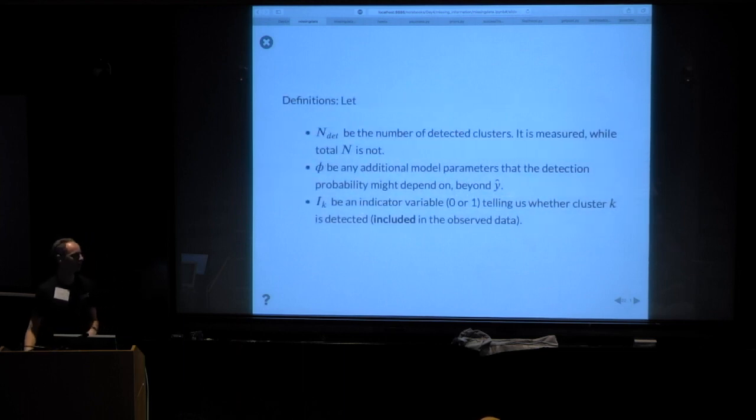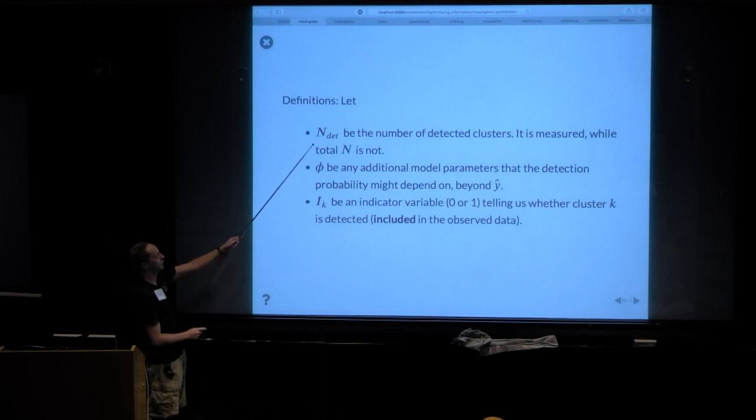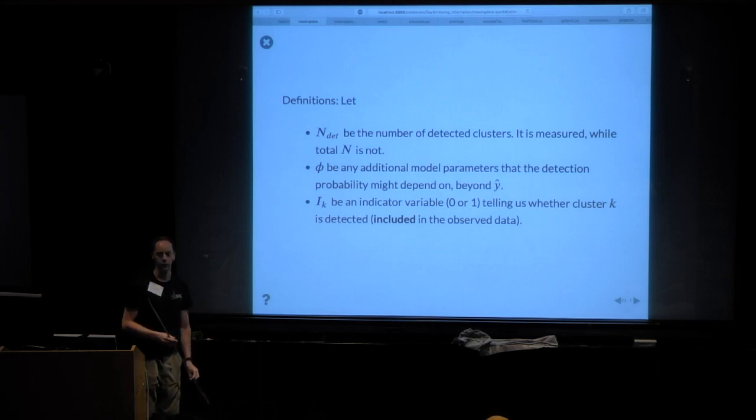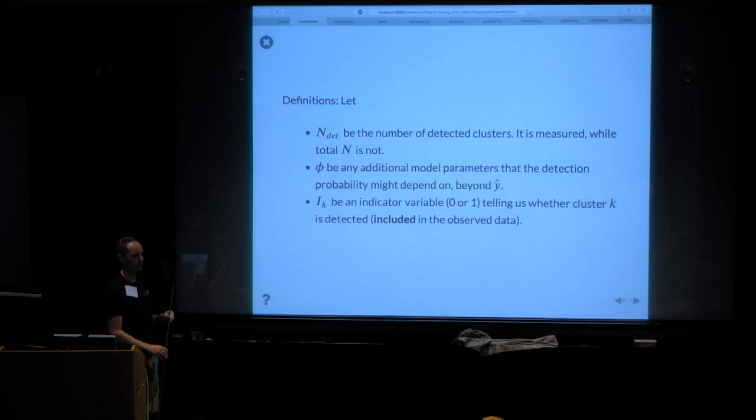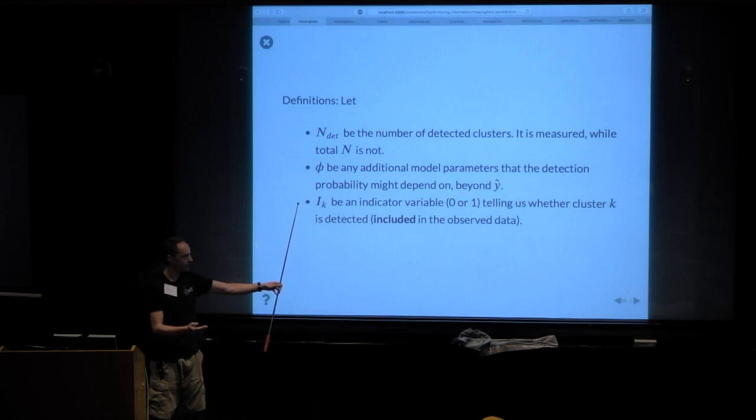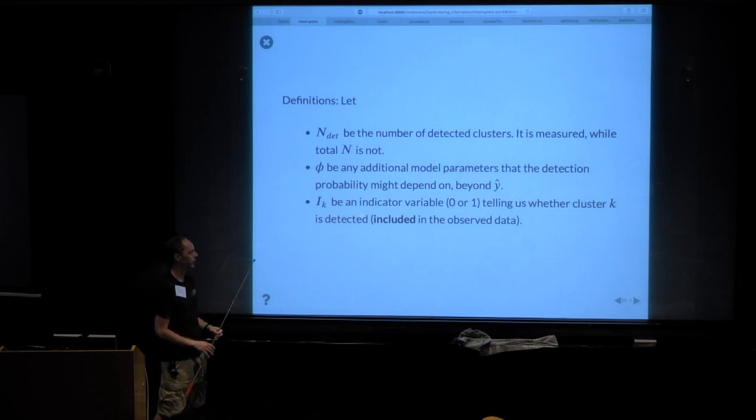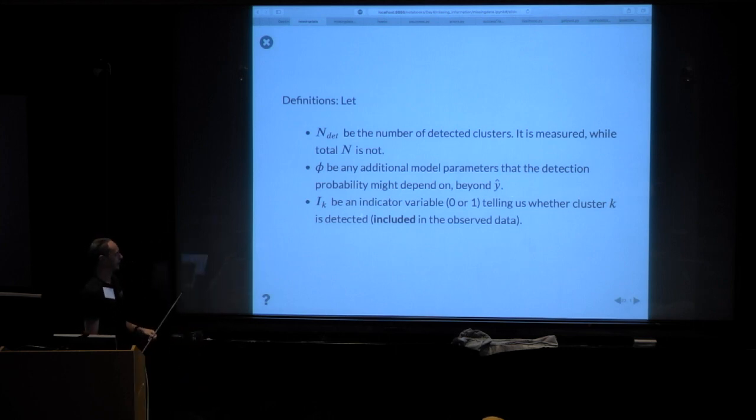So we need to add some stuff to the model. I already mentioned ndet. That's just the number of things that wind up being called a detection. We can allow there to be additional parameters that have something to do with the probability of detection. In this little cartoon, maybe the threshold is the only one, and we're going to say that we know it, so this is kind of trivial, but in general it can be there. And we're going to add to each source a binary indicator variable, which is 0 if the thing winds up not being detected, and 1 if it does get detected. We will call it I for some reason. I think because it has to do with the word inclusion, but I'm not sure.